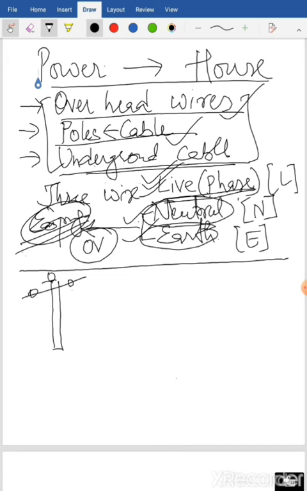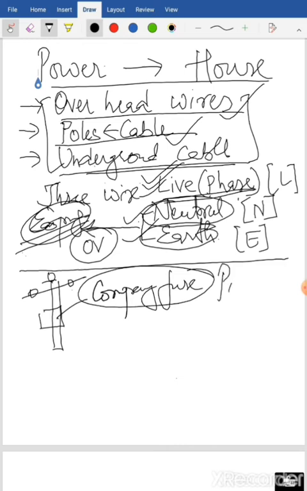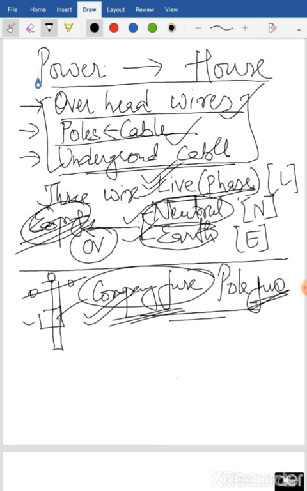At the pole, we will have a fuse before it reaches our home. This fuse is called the company fuse, or sometimes it is also called the pole fuse. We are not authorized to handle this. Only the authorized person from the company can handle this fuse, which is called a pole fuse or the company fuse. All right. Now through this, the wire enters to a very important section in our house called